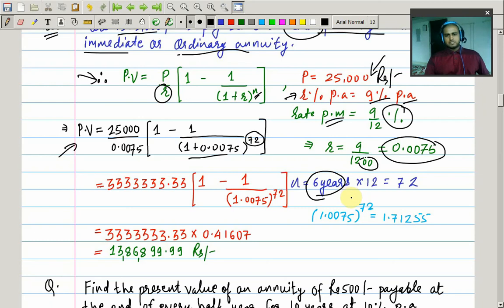N is the number of months, or the number of salaries I need, for continuously 6 years. So it's a monthly installment. I need to multiply 6 by 12, it's 72. So N is 72. After dividing this, I get this. 1 plus 0.0075 is 1.0075, and how do we take its 72nd power? So you can solve this by